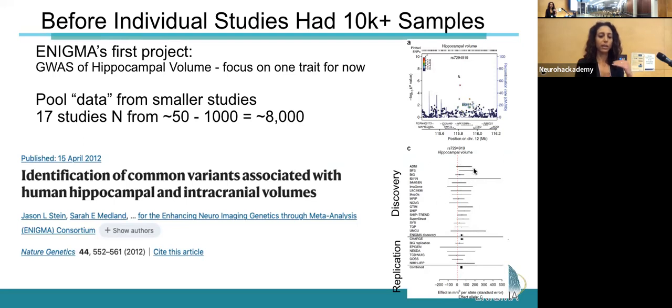Each line here is a different study, and the width of the line corresponds to the 95% confidence interval for that study. And you can see almost none of these studies could find that effect on their own, even at the 0.05 correction level. A lot of these studies include 0 within their confidence interval. So they weren't able to find this effect on their own, but pooled, in aggregate across all these studies, we were able to find a significant effect.